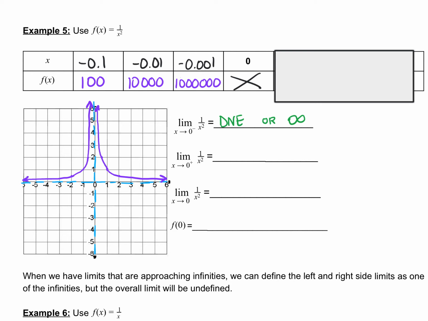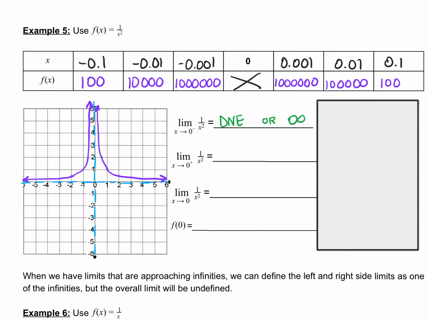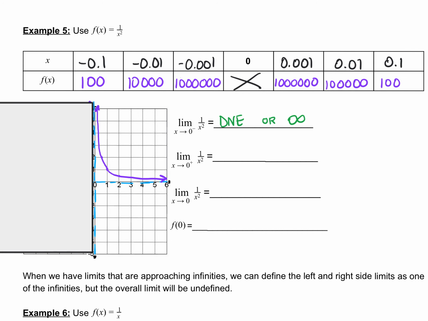Now let's say we want to find the limit from the graph. So let's go ahead and do the right side limit. Let's say as x approaches 0 from the right using our graph. So now I'm going to cover up the left side of my graph. Again, because I don't care what's happening on the left-hand side, I'm only concerned about what's happening on the right-hand